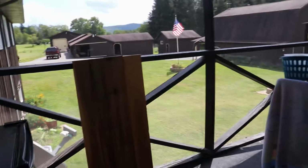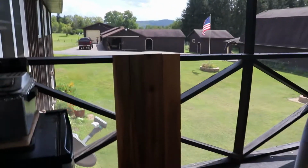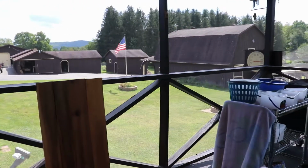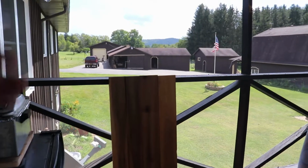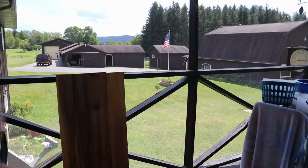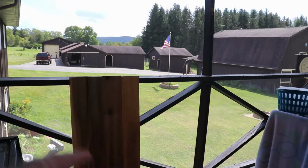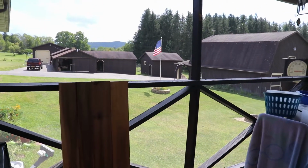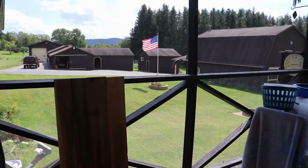So what we've talked about doing was, on the bottom half of this, all these boards that we've been cutting up, we'd like to close in the bottom half. So on the inside we'll put these boards, and then we'll take out these X-cross members here, and we'll put in regular studs. We're going to insulate that on the bottom, and then we're going to put plywood, Tyvek, and then siding on